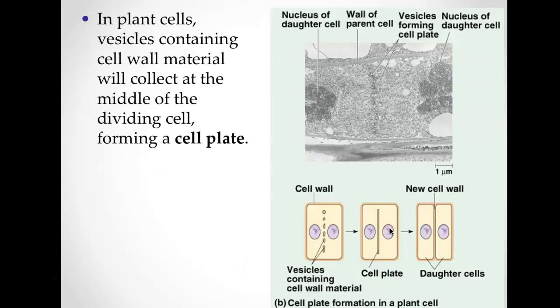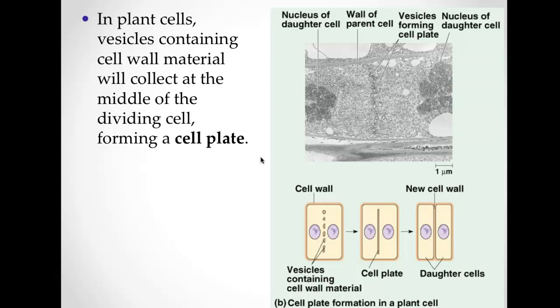In plant cells, that's a little bit different. There's not a cleavage furrow and there's not microfilaments pinching the cell apart. Because of the cell wall, a plant cell is going to keep this shape right here. It's going to continue to be a square. It can't be pinched apart. So vesicles, remember vesicles are just like little bubbles of membrane that carry things. They're going to contain cell wall material and they're going to come and line up and migrate to the middle here. And then the cell plate will eventually form. It will elongate and then those two cells are going to basically be split in half.